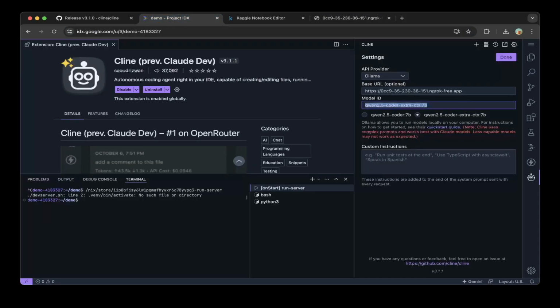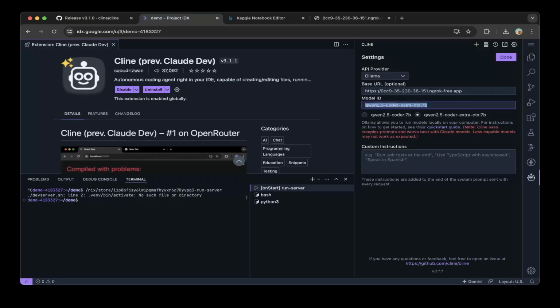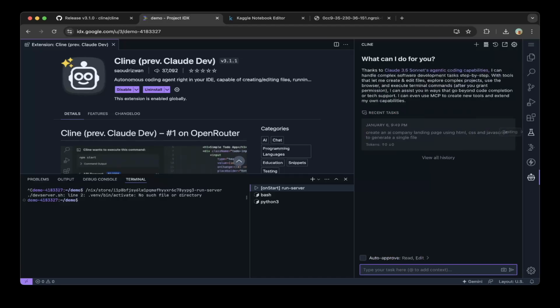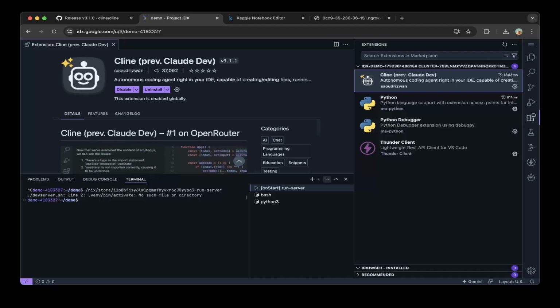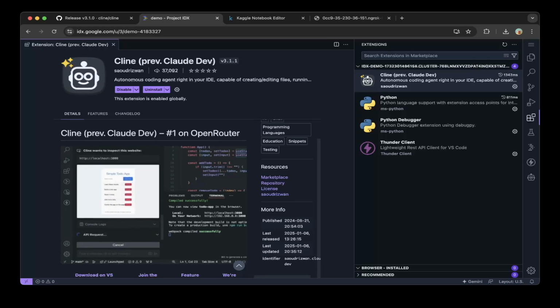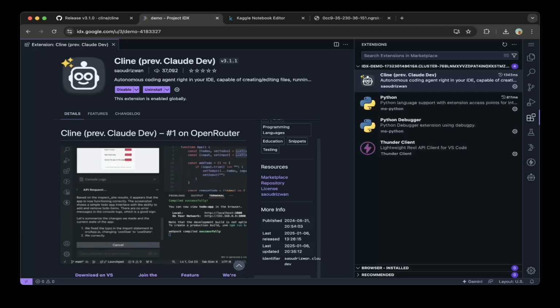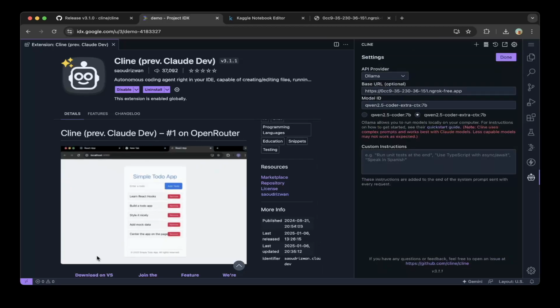The latest release from Cline is to actually have this restore task and workspaces. This is also available in this introduction on Cline, where they have a good demonstration of what this release is. What the release does is give you a way to see the changes you made at every task, or at every step. So if you go to this Cline and look at some of the samples that I created here,